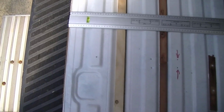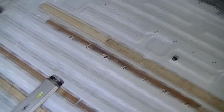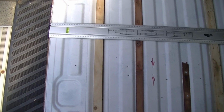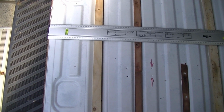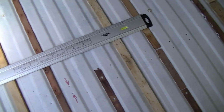But I have in this van, and you can see them there, rows and rows of screw holes. The original plywood flooring was screwed down. So in this instance, I'm going to use the original holes. I shall simply mark through the battens using the original ply to create a hole, which I can then drill on the pillar drill to make sure it's absolutely straight. And then I can screw the battens down and seal them